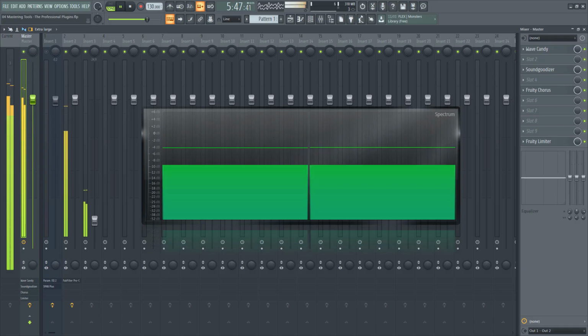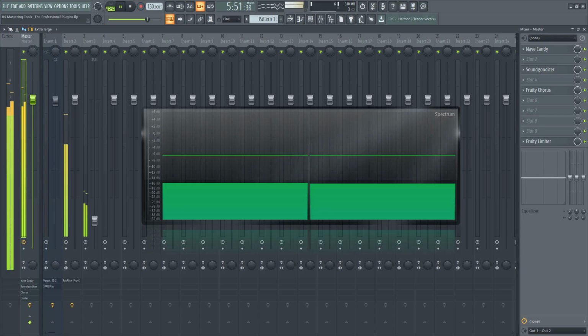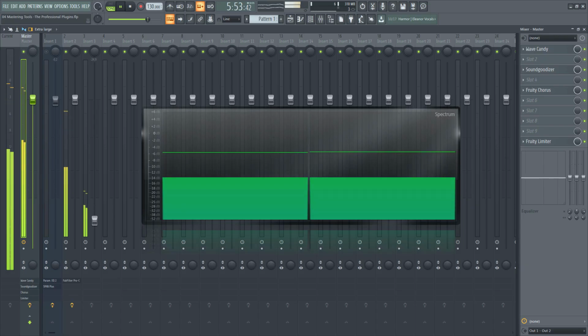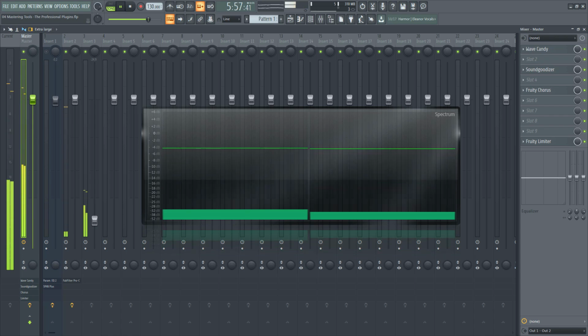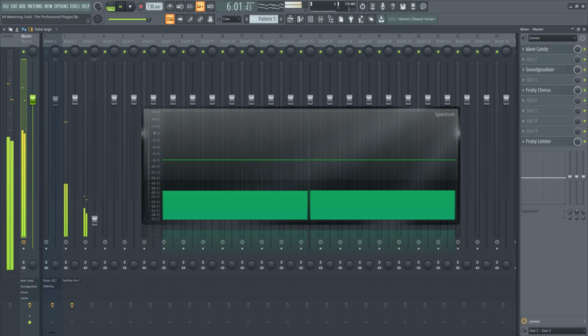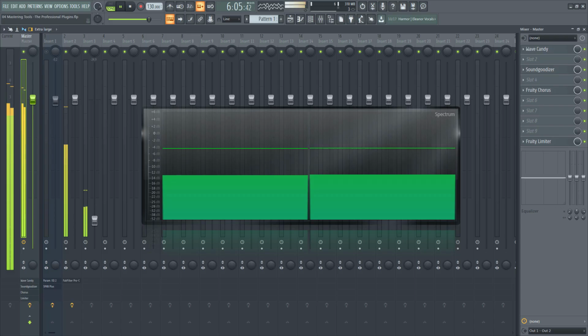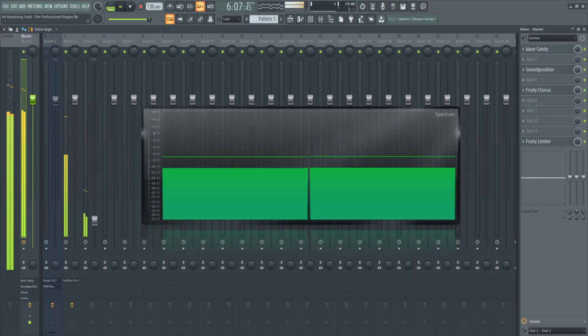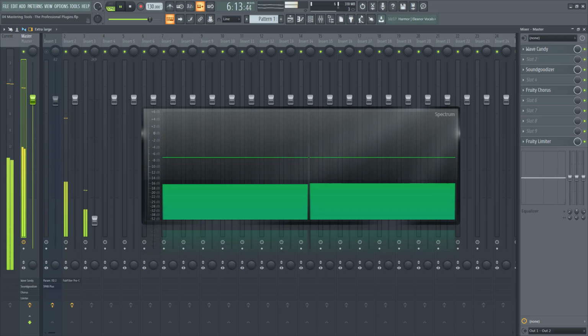Guys, at least learn about these plugins before investing in them, as they are highly priced and the tools they provide are quite advanced. For the beginner, I will not recommend these plugins as mastering is a slow learning curve. You can start from iZotope Ozone, then gradually move to these advanced plugins slowly. So let's check them out one by one.